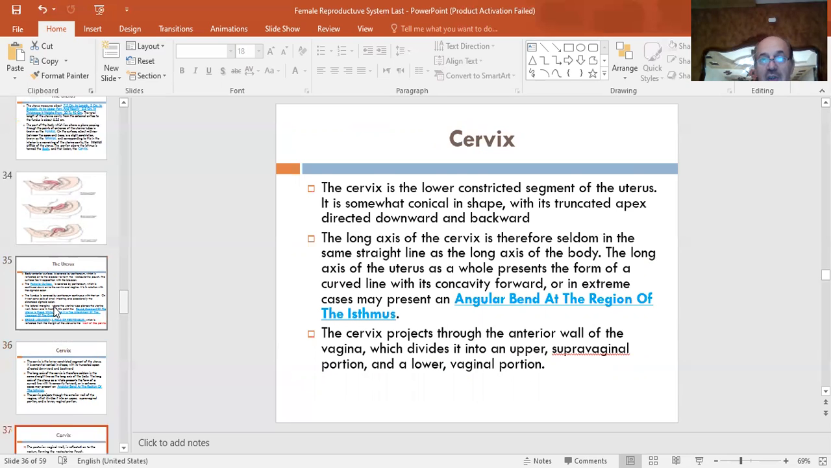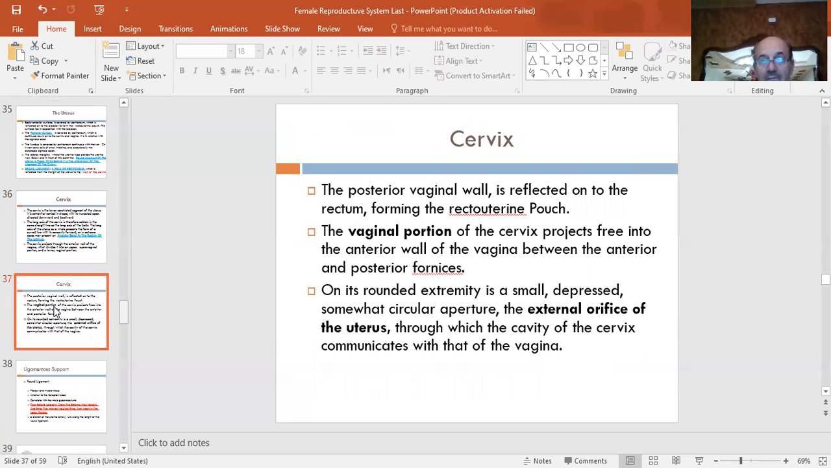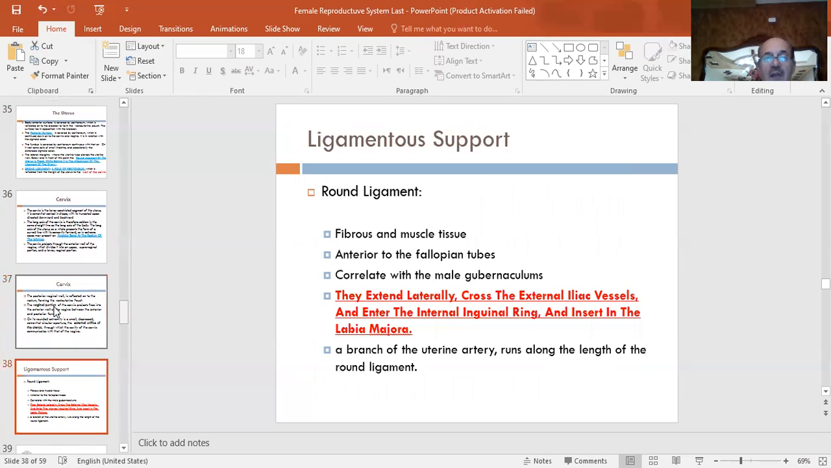We spoke about the cervix. For the ligamental support of the uterus, we have first the round ligament, which is fibrous and muscular tissue. It is present anterior to the fallopian tube, and it extends laterally across the external iliac vessels, enters the inguinal canal, and is inserted in the labia majora. In a while, we'll talk about this, and that is the pain that is described in labor. We'll see now the other ligament,